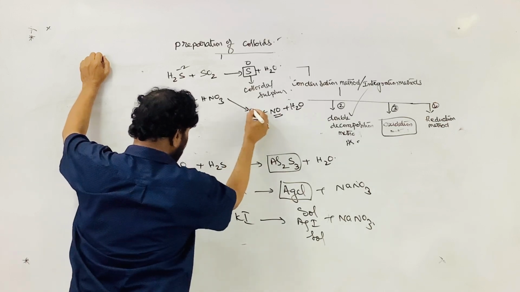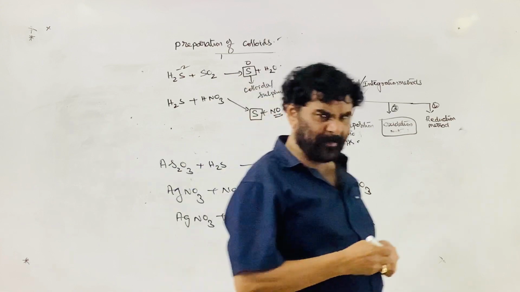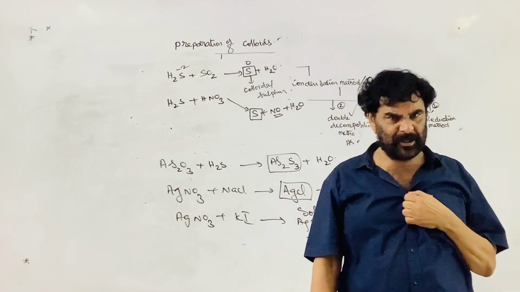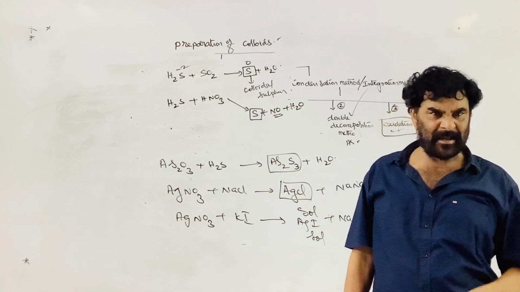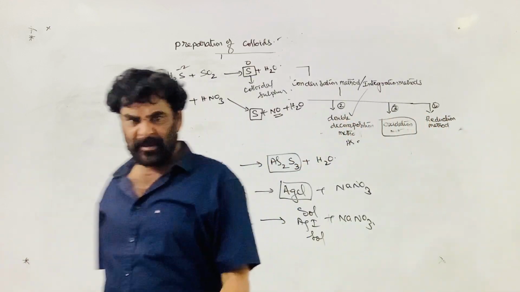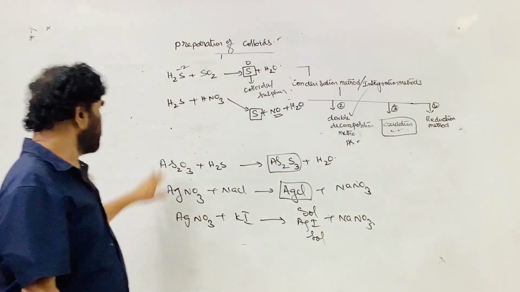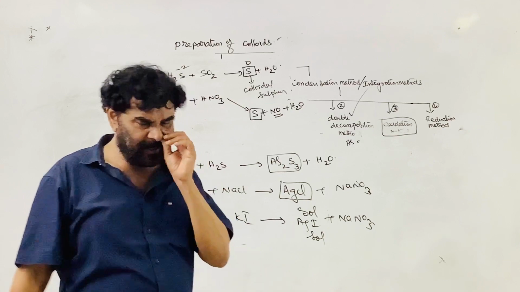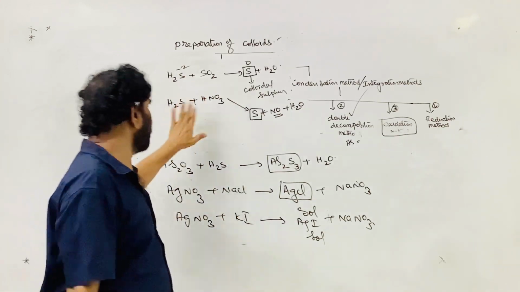In the second group, the reagent is H2S. There are many metals, such as mercury Hg2+ ion, copper Cu2+ ion, Bi3+ ion, and cadmium Cd2+ ion. These all belong to the second group, group 2A. H2S is the reagent used. Before adding the H2S, you have to add the HCl, because of the solubility product principle, common ion effect suppression.